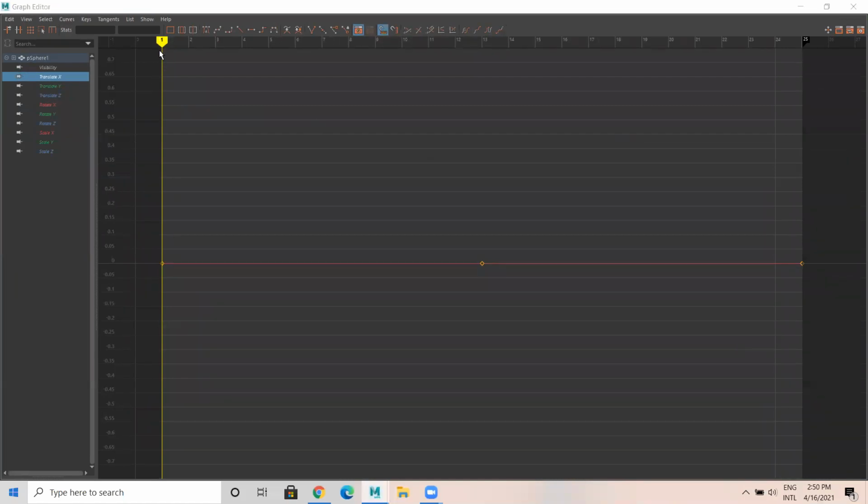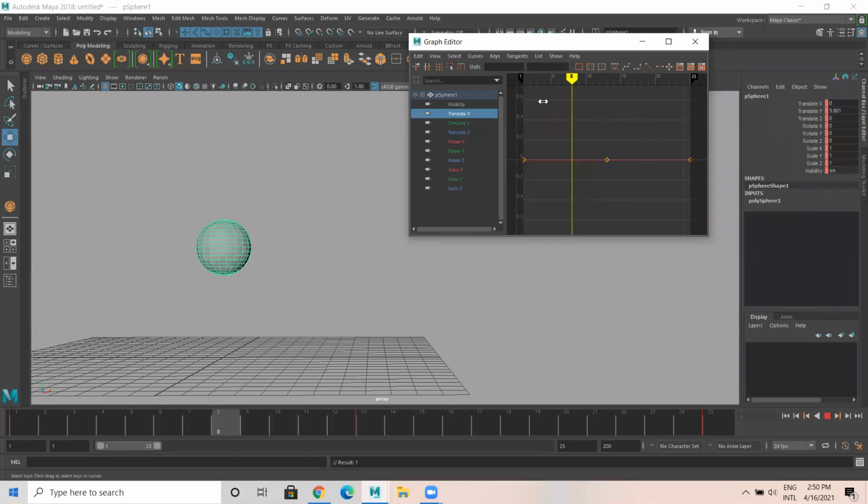So this is frame number 1. You can see here 1. You can see the number 25. Frame number 1, frame number 25. I can move the frames here also. When I move the frames here, the animation is going to happen in the bottom as well. Anyhow, it's all the same. I'm moving the frame here also. Make sure you press W, the move tool. You can move.